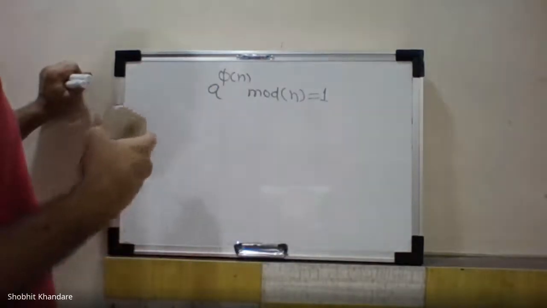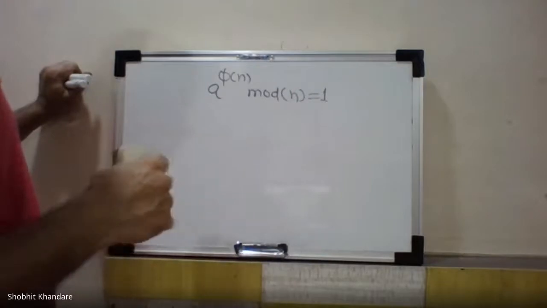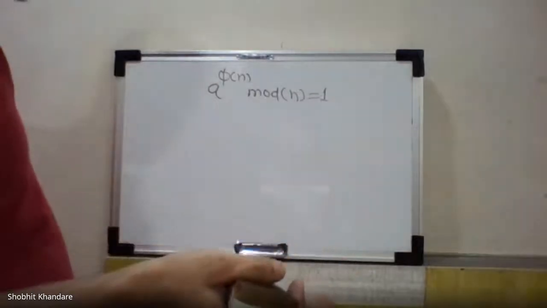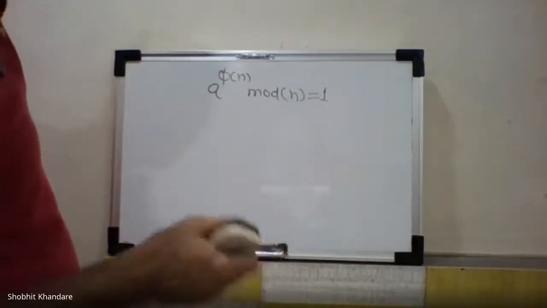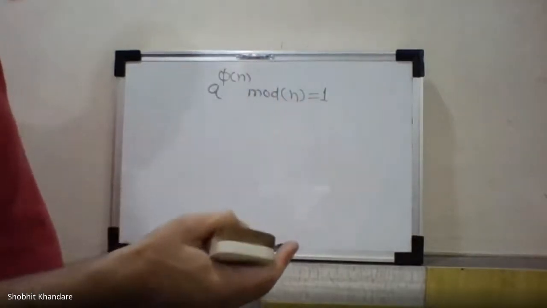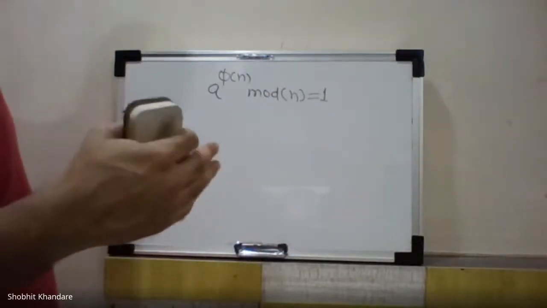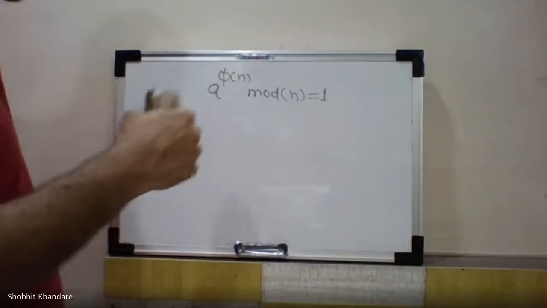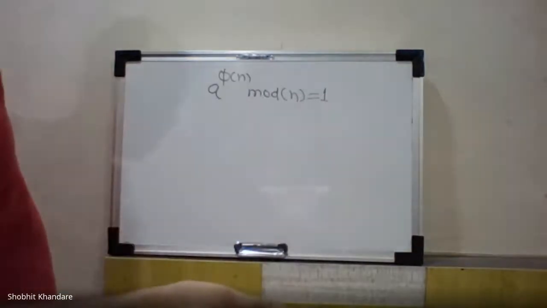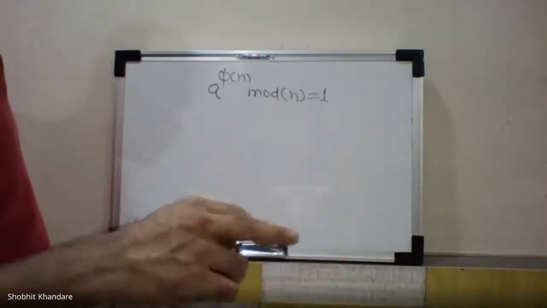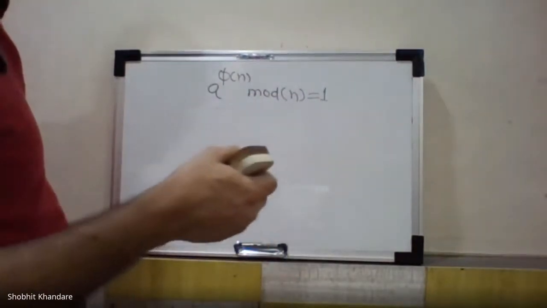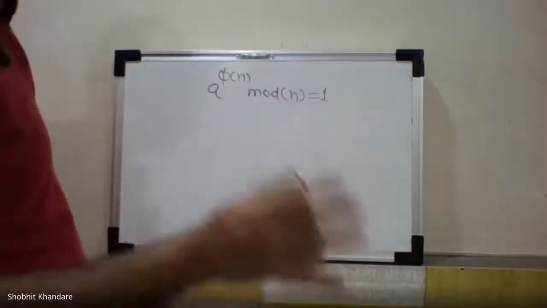We saw in the previous lecture how to get the calculations. In Fermat's theorem, I told you, for example, 2 to the power of 16 mod 17. How do you get the direct answers instead of going with the calculations using the calculator? Then we saw 2 to the power of 50 mod 17, and 4 to the power of 532 mod 11. These are the examples of Fermat's theorem which is implemented in RSA.